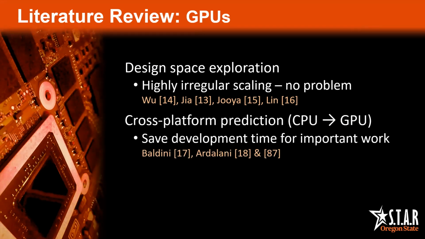GPU-specific cross-platform prediction considers how to estimate the possible speedup from porting code execution from a CPU to a GPU. Baldini cast this problem as a classification task, testing both a modified nearest neighbors model and a support vector machine. Each model predicts, based on a threshold, if GPU implementation would be beneficial. They find that both models can determine a near-optimal configuration approximately 91% of the time.